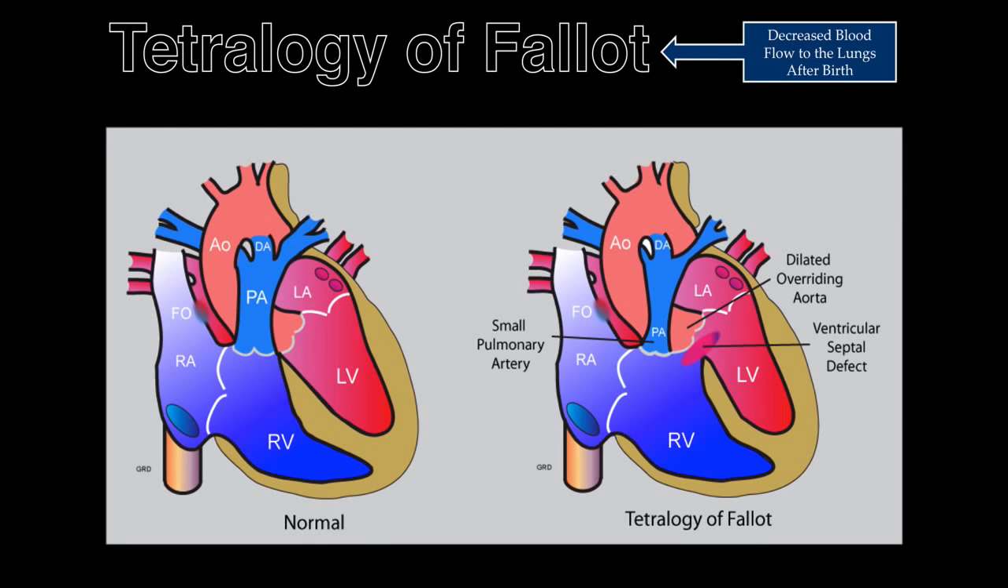Tetralogy of Fallot occurs in about 1 out of every 5,000 newborns. It affects males and females equally. Tetralogy of Fallot involves 4 defects postnatally: a large ventricular septal defect that straddles the overriding aorta, pulmonary artery stenosis,